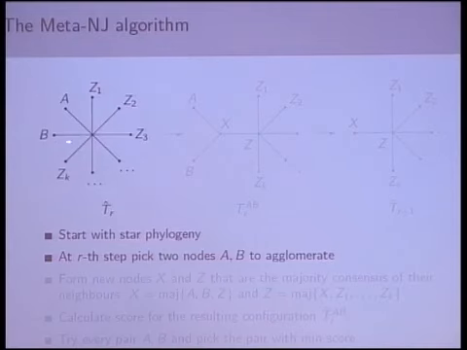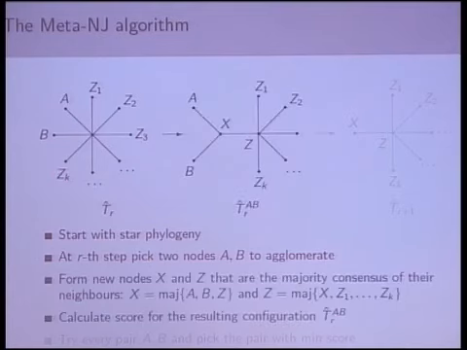I choose two vertices A and B. So those are two tree topologies. And I decide to agglomerate them. So I draw this configuration where I've split off trees A and B. I've got these new nodes X and Z. So I then choose X and Z to be the majority consensus of their respective neighbors. So X is going to be the majority consensus of A, B, and Z is going to be the majority